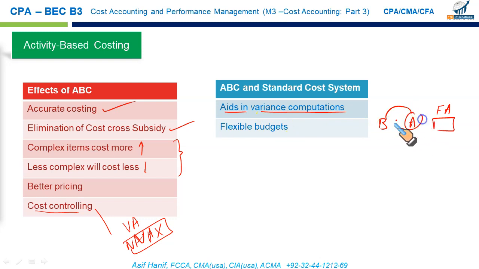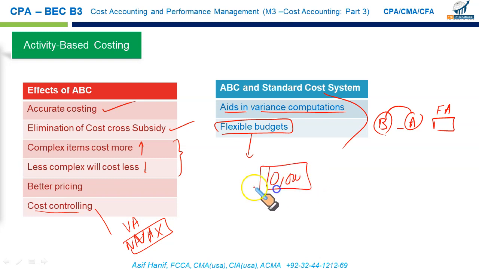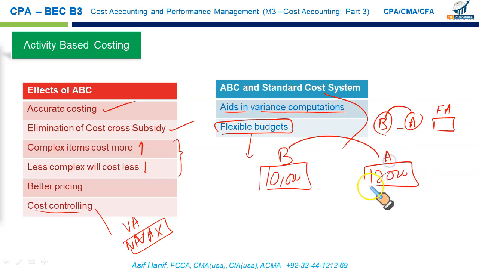We will compare our actual performance with the budgets, and then variances will be observed, favorable or adverse. They will be investigated. The idea of flexible budgeting will also be discussed later on, but let me tell you what it is. Let's say you prepared a budget based upon standard costing and you thought you would be able to produce and sell 10,000 units. But in actual, you were able to produce and sell 12,000. Now the problem is we can't compare this budget of 10,000 with the actual performance of 12,000. What we do is revise our budget, called the flexible budget, to 12,000.